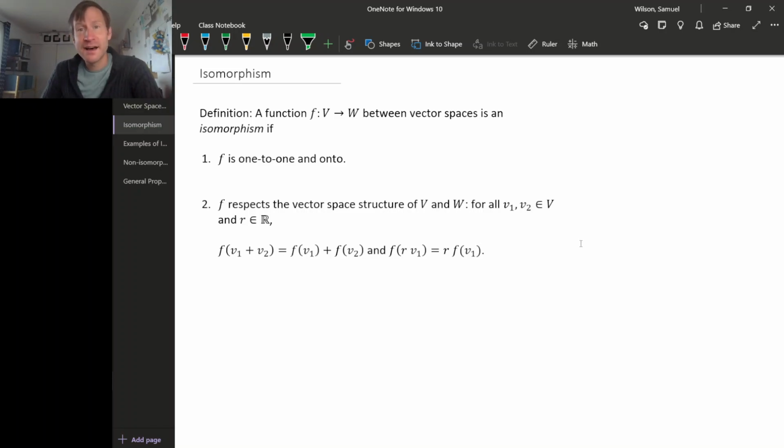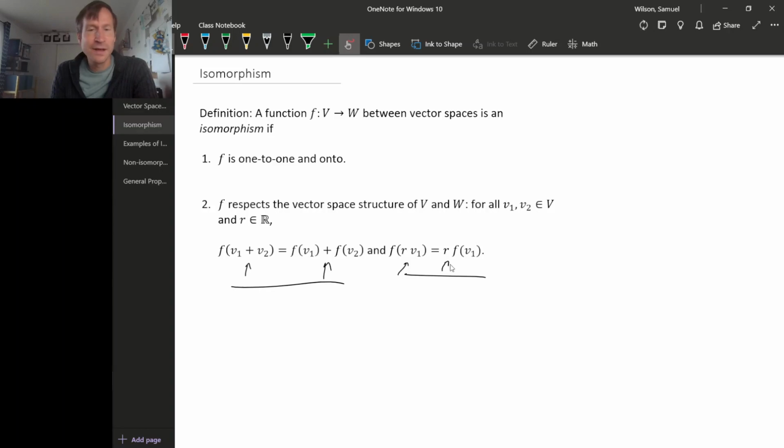So we have this idea for what it will mean for two vector spaces to be isomorphic, for an isomorphism to exist between them. An isomorphism is a function between vector spaces that's one-to-one and onto, and also satisfies these properties. It turns vector operations in the domain vector space into vector operations in the range vector